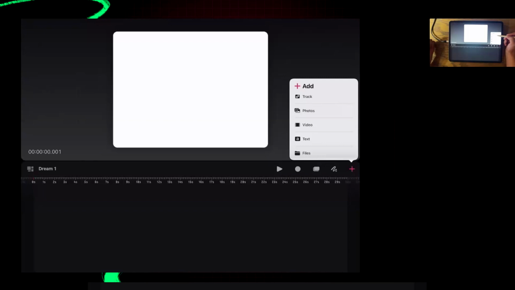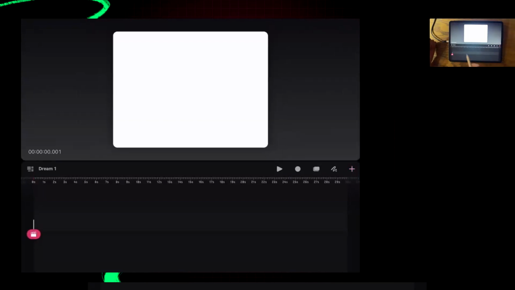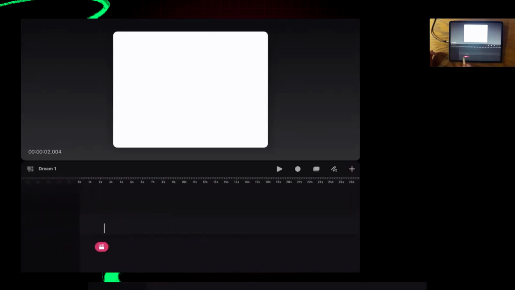So we're going to go ahead and click on one of these, and you'll see the playhead that has appeared with a sort of gray track. And the playhead is something that you can move with your pencil. And you have the time that shows you the duration of your animation. We're going to start off by drawing a